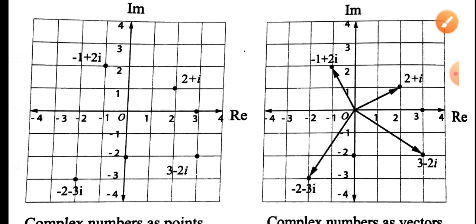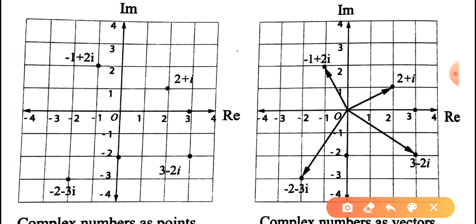Okay, listen here. First we take 2 plus i. We draw a real axis and the imaginary axis. The scale is 1 unit. Okay, here 1 to 2 plus i. So on the real axis we take 2 units and on the imaginary axis we take 1 unit. So 2 plus i is here. Okay. Next, minus 1 comma 2i. Minus 1, we take minus 1 on the real axis, from 0 to minus 1, and 2i.